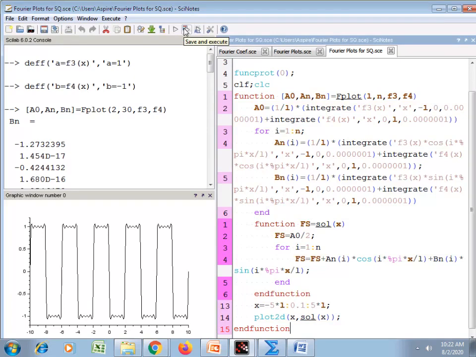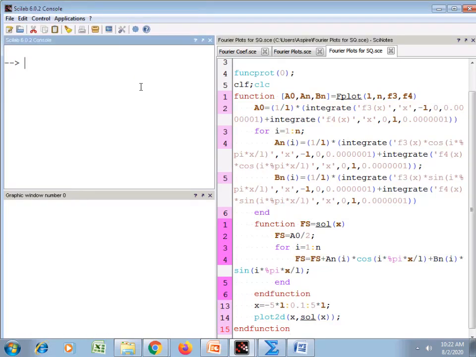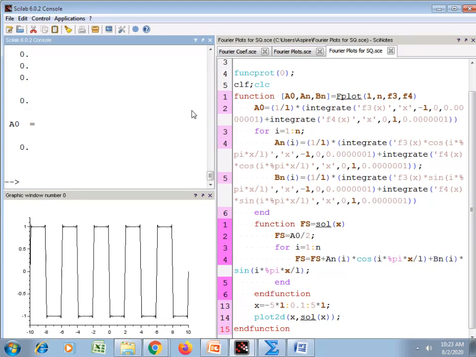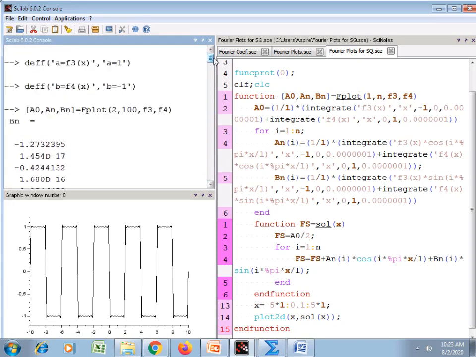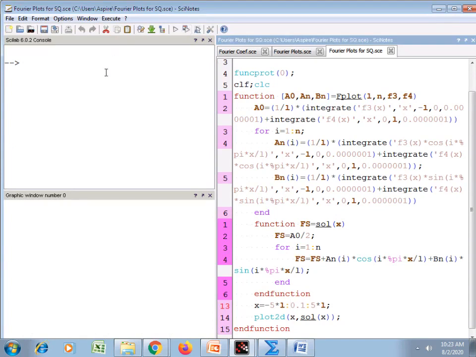To get a more perfect square wave, now I take n is equal to 100. So it is better than earlier. So in this way, by increasing the number of terms in the Fourier series, we can get better and better Fourier plots. Now we will try for some other waveform,